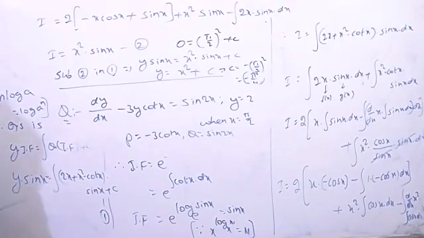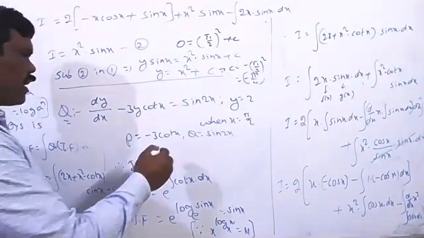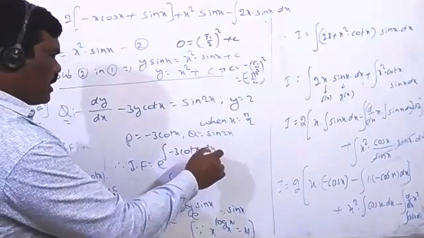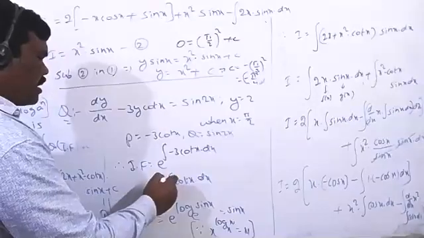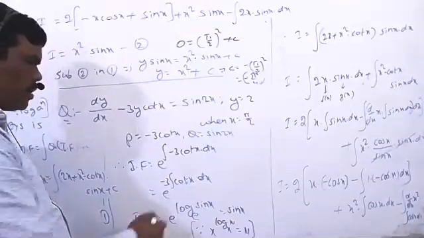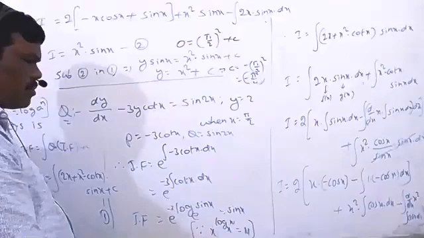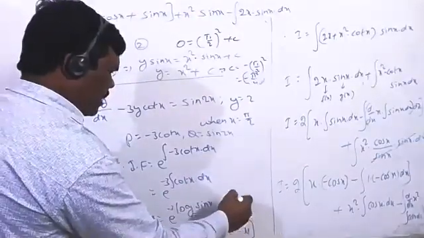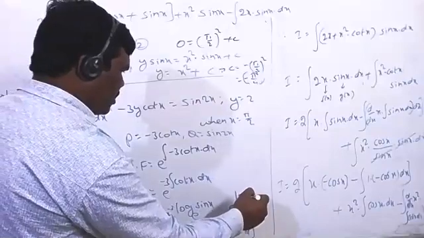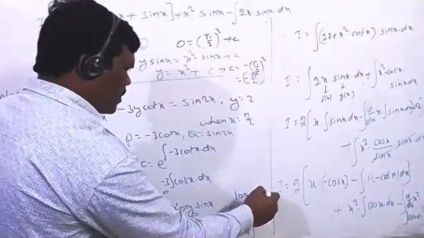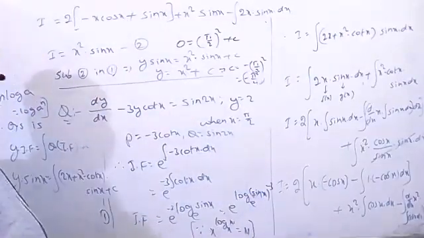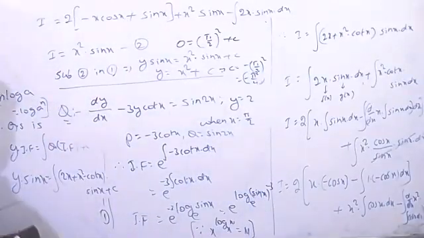Very easy, simple thing only. Same formula I can take. Integration of minus 3 into cot x dx. The minus 3 can be taken outside, and can be written in the power of this one. You clearly get e power log sin x whole power minus 3, with base e. So we'll get the value here very clearly.